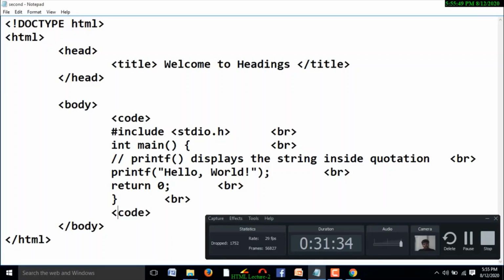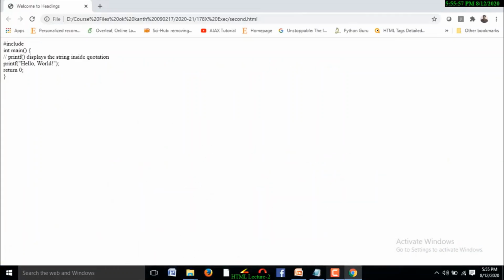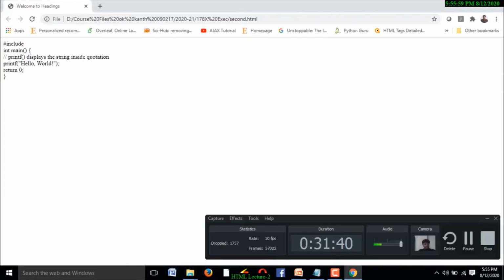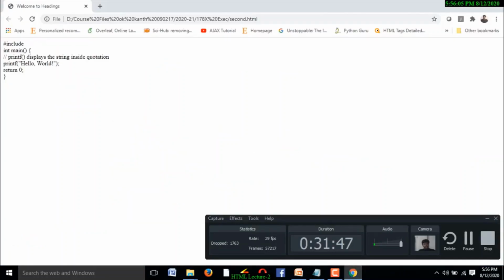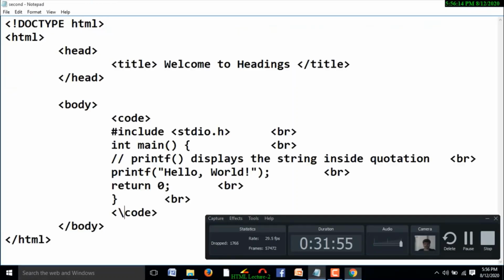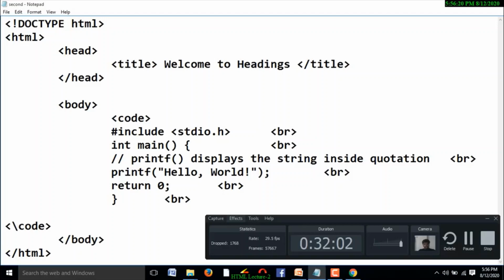Observe this. Refresh it. Save the file and refresh the browser. Yes, you are going to get, yes, this is the format of source code. I did a little bit mistake here, because of that reason it is appearing. Code. This is closing of code.